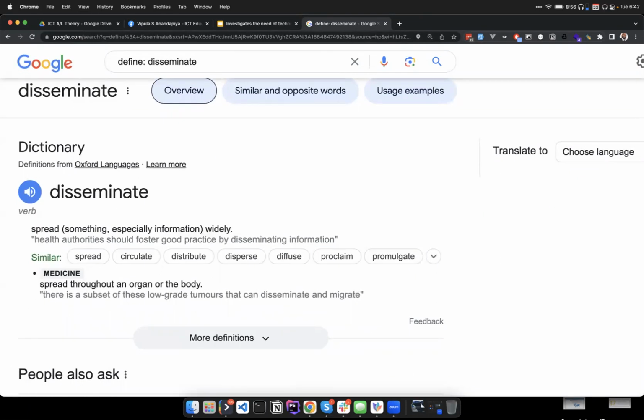Please remember to use this. Whenever you see a word which you don't understand, remember to use this. It will give you a clear idea and it will help you understand the English language as well. So disseminate is basically spreading something, especially information, in a wide way. So that is how to